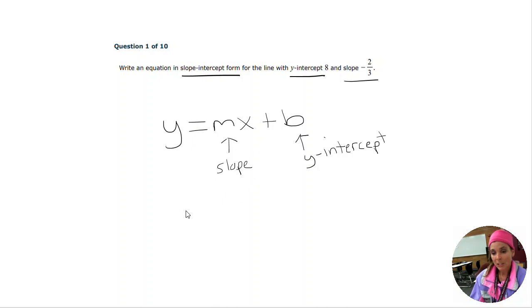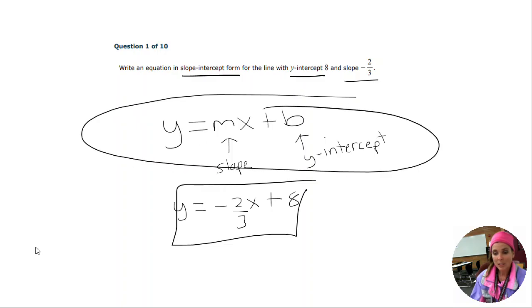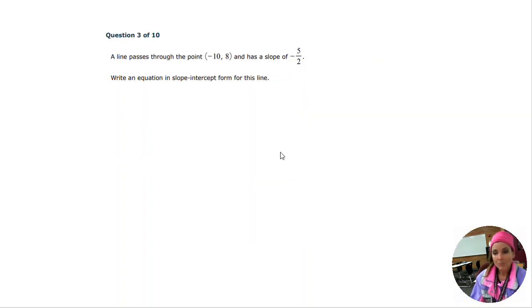So if you're writing an equation in slope-intercept form, you write the equation just like it is, but you replace the m with whatever they tell you the slope is, and you replace the b with whatever you are told the y-intercept is, and then that is your equation. Okay? So anytime you want to write an equation of a line, you always use slope-intercept form. So the 2 things that you need when you write an equation of a line are a slope and a